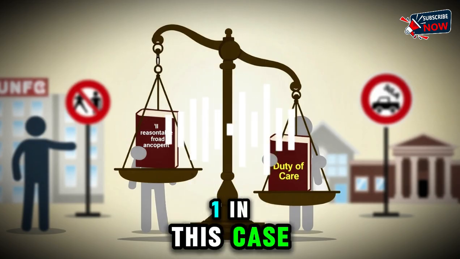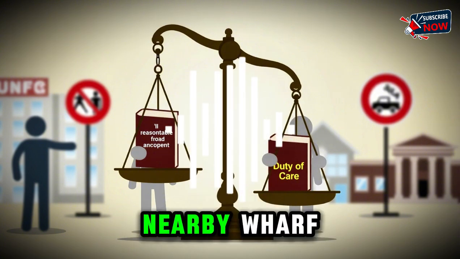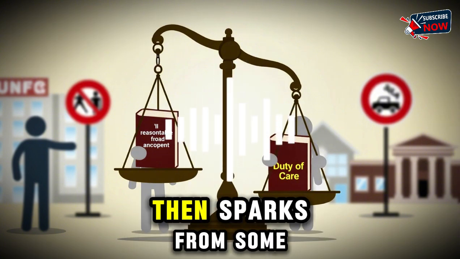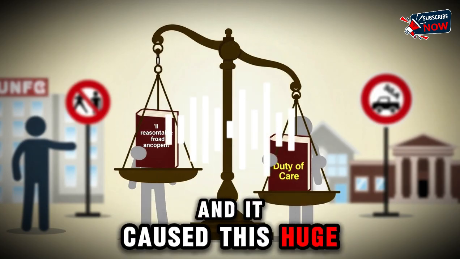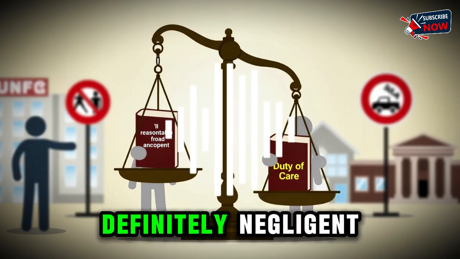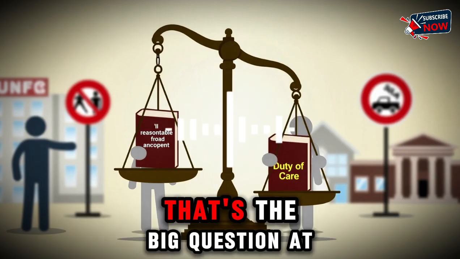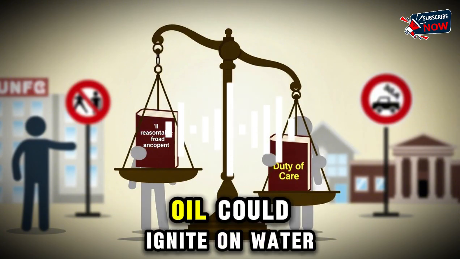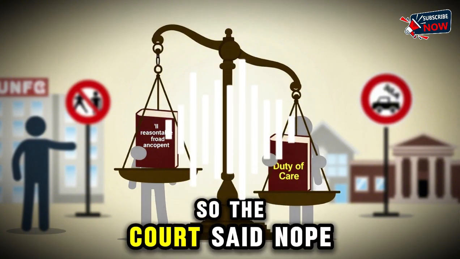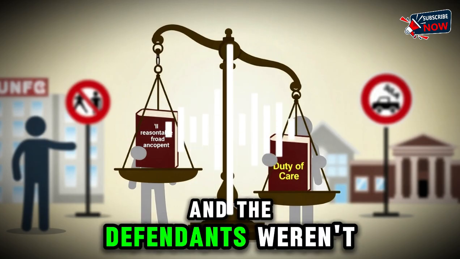In this case, oil was negligently spilled into Sydney Harbor. It spread to a nearby wharf. Then, sparks from some welding work ignited the oil, and it caused this huge fire. Okay, spilling the oil was definitely negligent, but was the fire a foreseeable consequence? That's the big question. At the time, it actually wasn't widely known that oil could ignite on water. So the court said, nope, that fire damage is too remote a consequence, and the defendants weren't held liable for